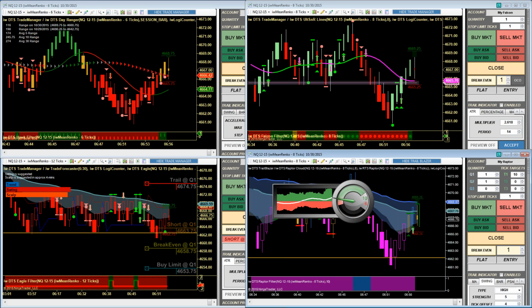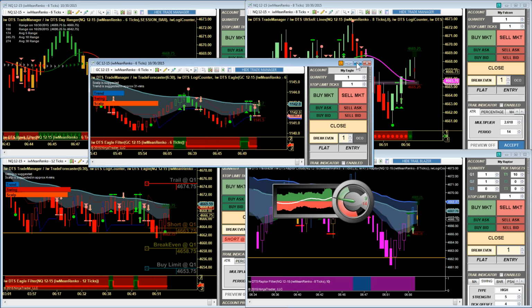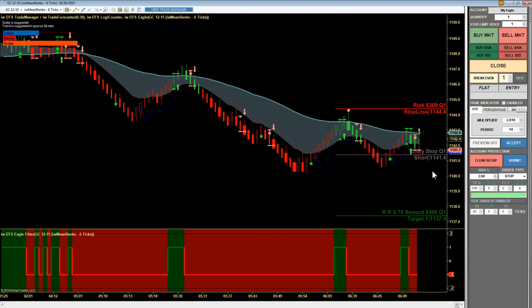Let's see what else we got going on here. Oh, interesting little opportunity here in gold. Hard edge bounce, green bar sell. Here's the little hiccup though. Very similar to what we're looking at in the NASDAQ, where the market's starting to get a little bit tight, right? It's making a test of the extreme to the upside, which would be with trend, but it tested the extreme lower, which might suggest the market's going to head higher. The good thing about this trade, while we haven't turned over on the ATR yet, I would probably consider taking it early,